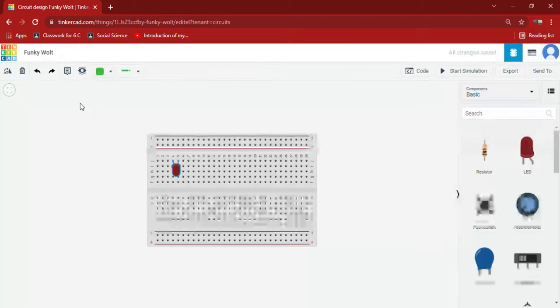You should not keep the LED like this, then the two legs will get in the same line.